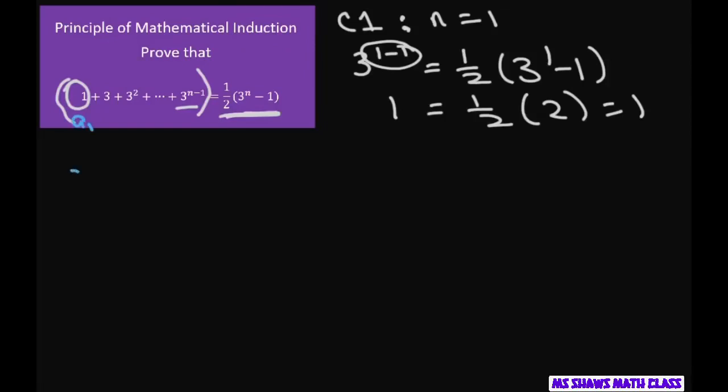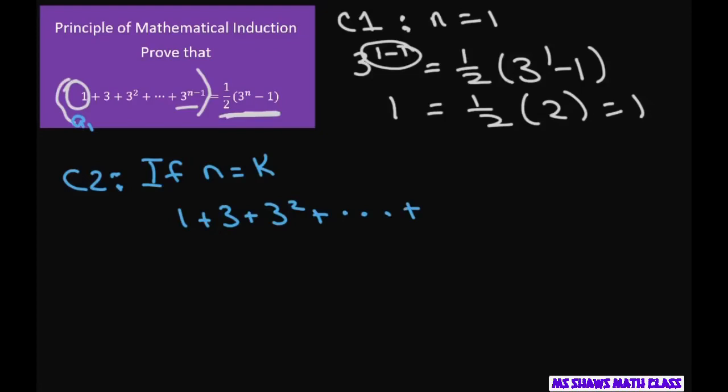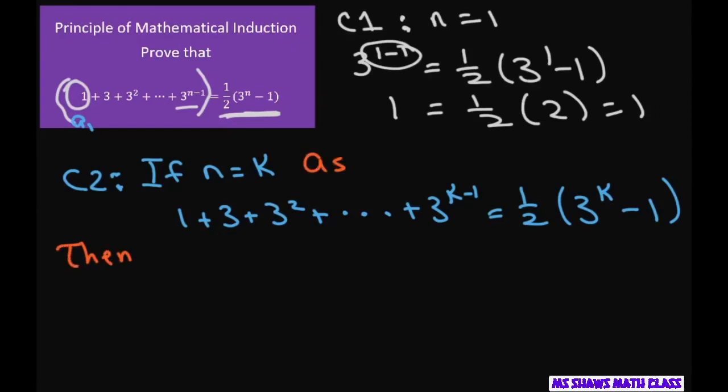Now we've got to do condition 2. Condition 2 is you assume it works for n equals k. So that would be 1 plus 3 plus 3 squared plus ... plus 3 to the k minus 1 equals 1/2 times (3 to the little k minus the big 1). Then we show, so this is your assumption, you show